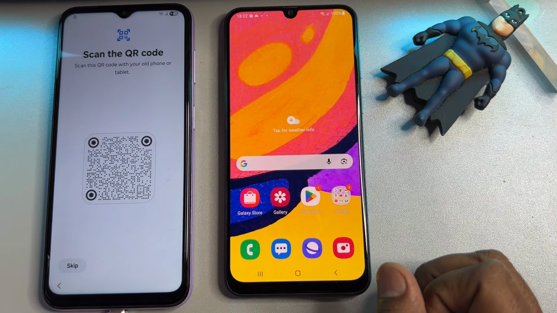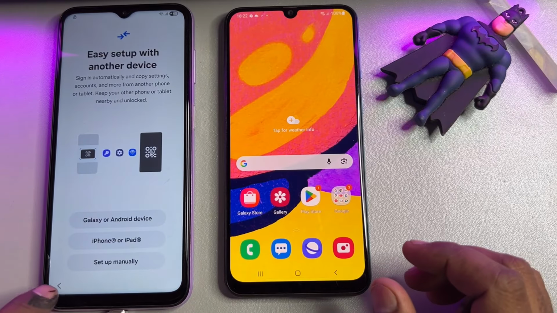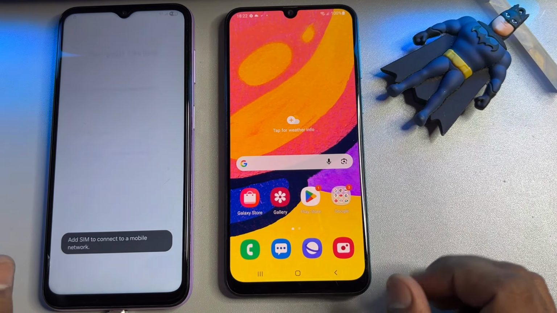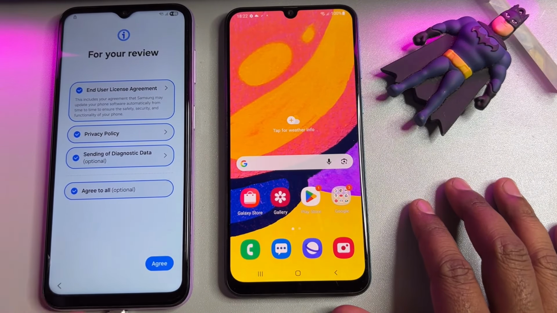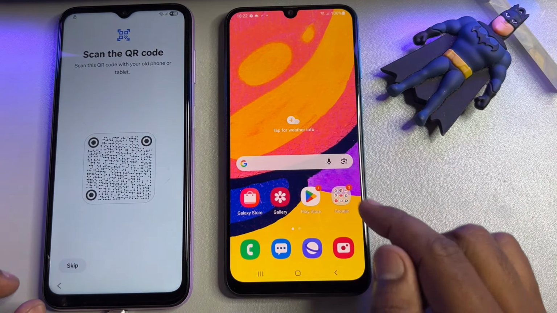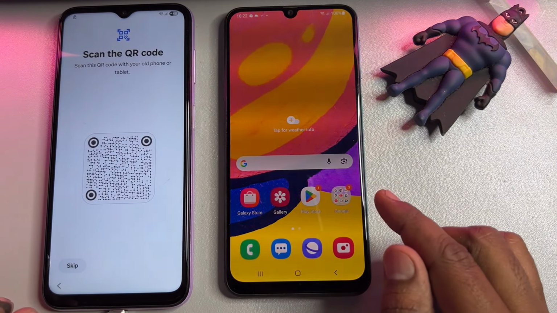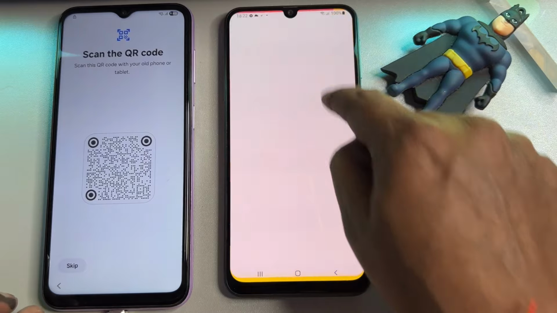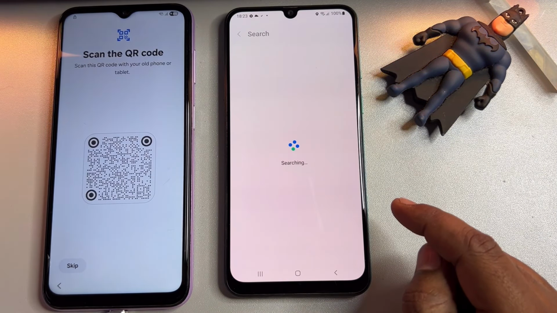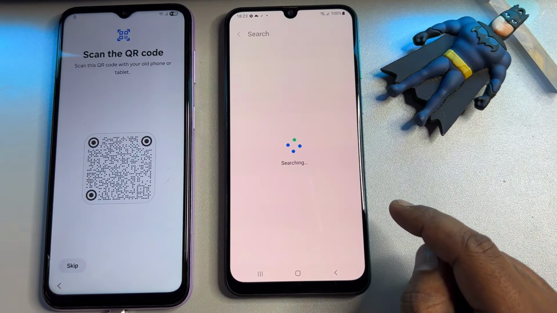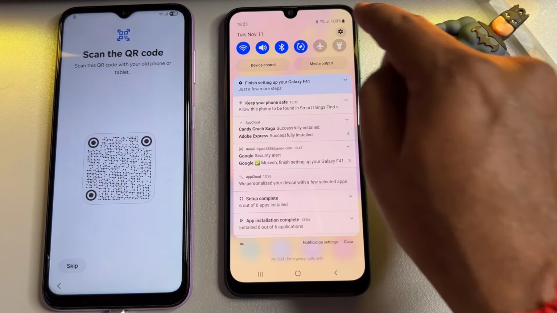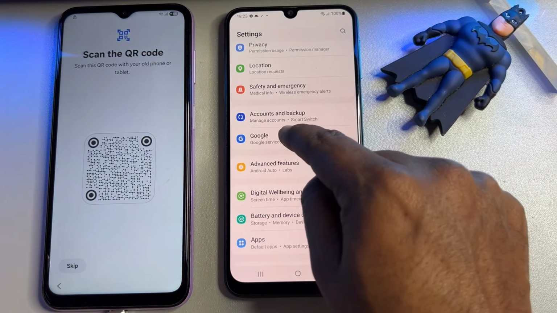Okay, after that, my friend, go back again, click start, agree, Galaxy or Android devices, but you see here there is no notification appearing. So click agree and wait for a few seconds. Okay, go to settings, go to Google,